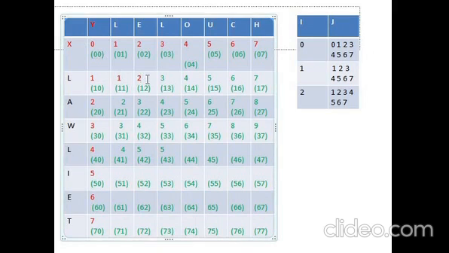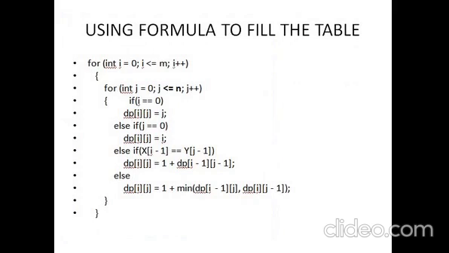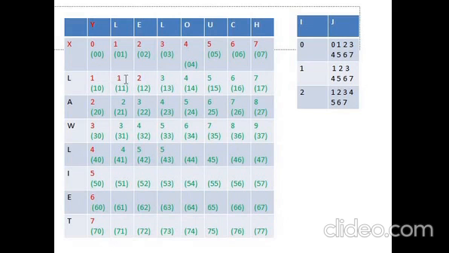Okay, and next when we move on to this, i is equal to 1 and 2, this one j is equal to 2, L and E don't match. So when they don't match, what you have to do is we have to take 1 plus the minimum of the left cell and the top cell. As you can see, i minus 1, j is the top cell and i, j minus 1 is the left cell. Okay, so what you do is we have to take the minimum of 2 and 1, 1 is the minimum. So 1 plus 1 is 2.